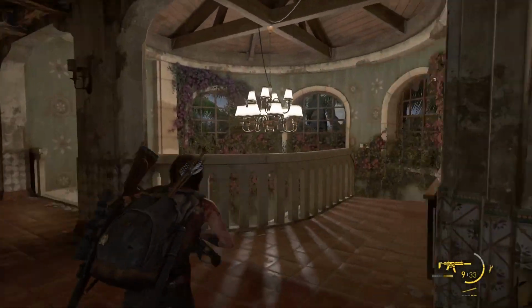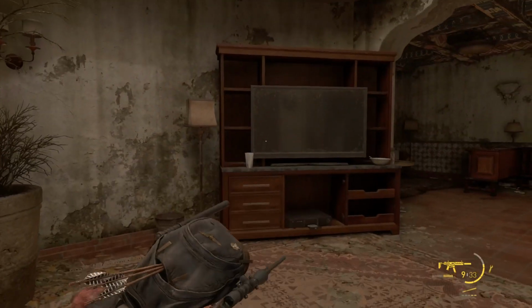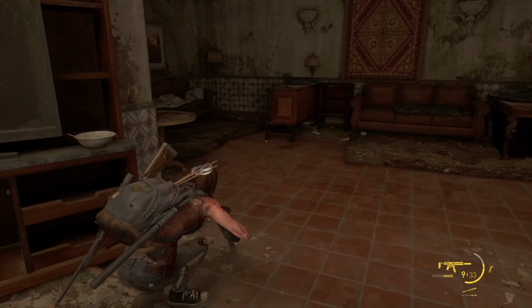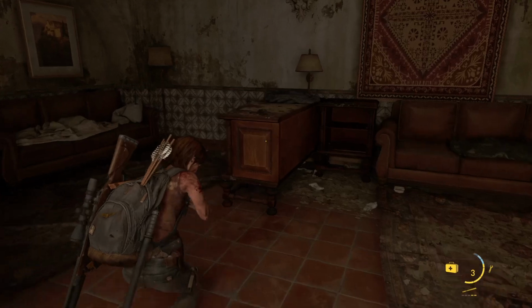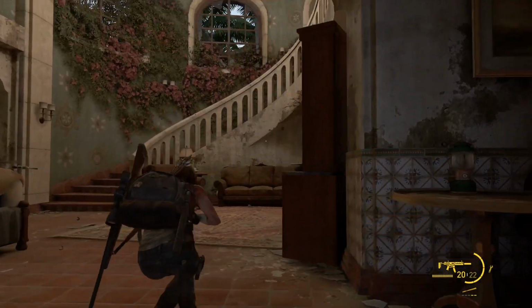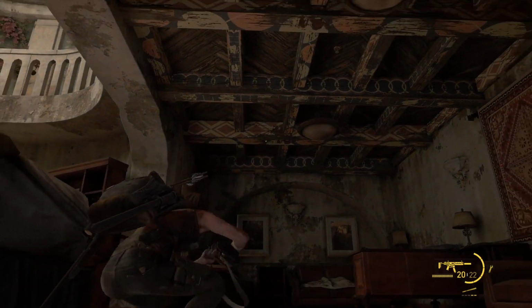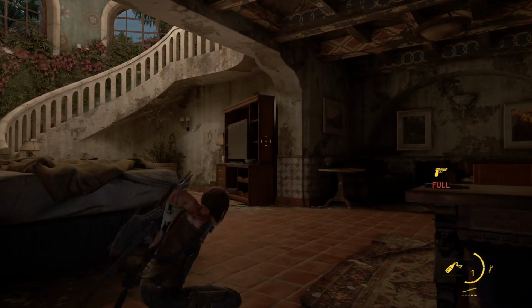Finally found a use for the SMG. It's a great spray and pray. I finally realized, even though it doesn't have much ammo, that it'll get you out of a bind. That's right, Ellie. You use up all them resources. The game's about to take them all away. So...